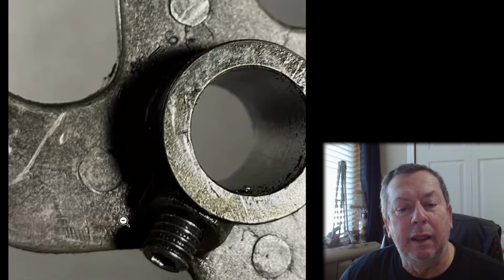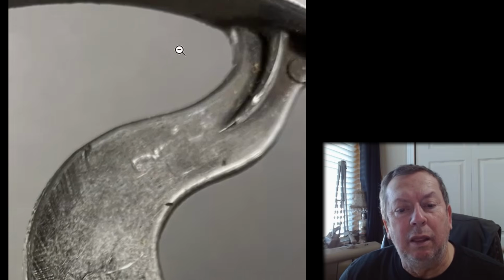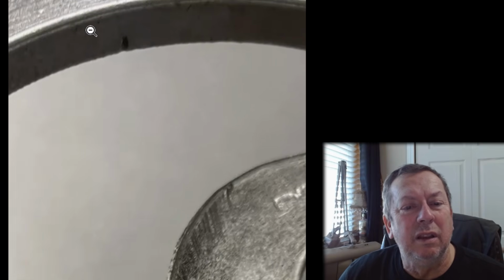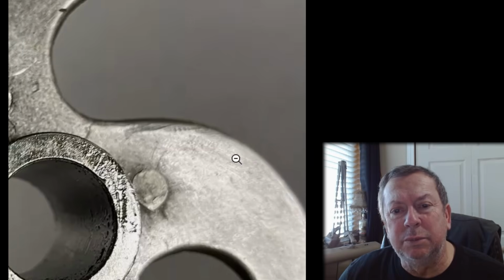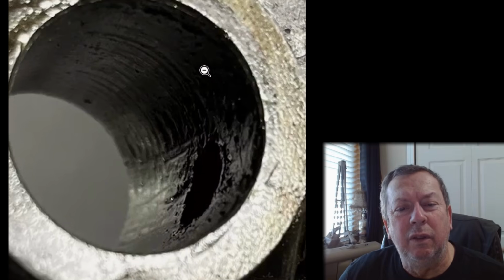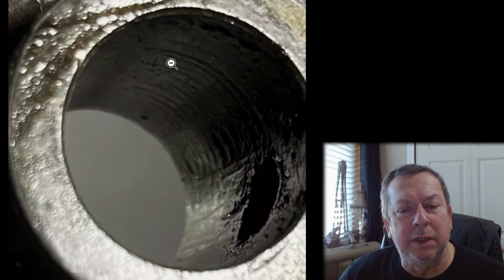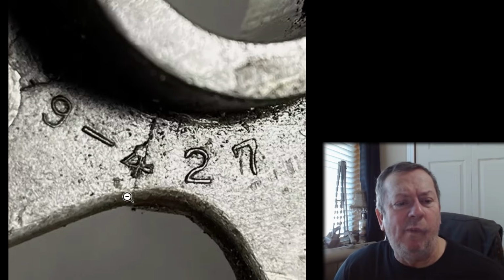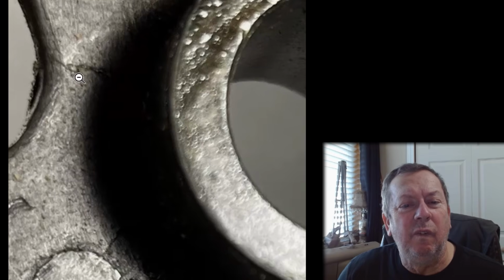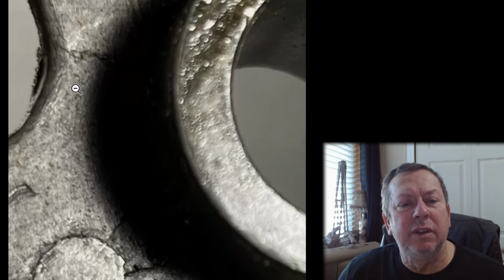What else we got here? And it probably realistically hasn't been abused. What's that little mark right there? Probably hasn't been abused, but it has been definitely used. So, been on and off the shaft a few times. See the nice markings there where it had to get spun off. Is that a crack developing right there? Probably not, but